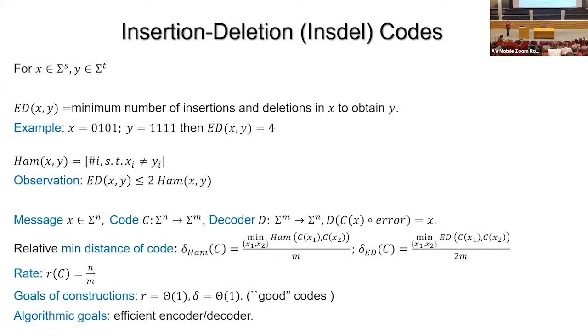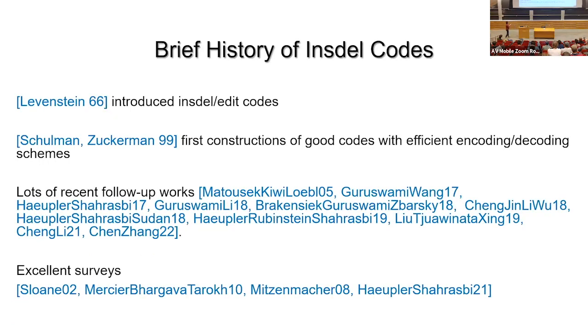We want to be able to correct from as much error as possible. So we want the code words to be far away from each other. When we have such a property, we call these things good codes. And in terms of algorithmic goals, we want efficient encoding and decoding. So we want this function D to be efficient, mainly. So in terms of insdel codes, they were introduced by Levenshtein in the 60s. And only maybe 30 or 40 years later, we have efficient constructions of good codes